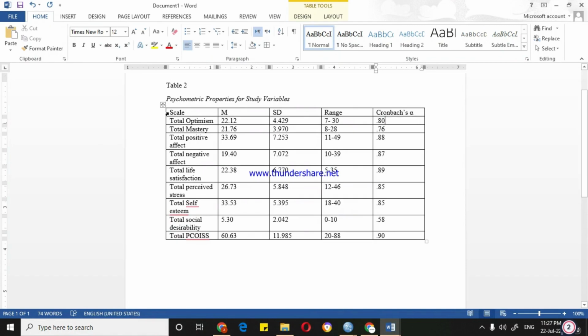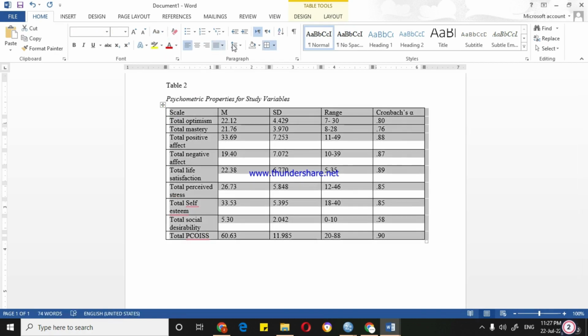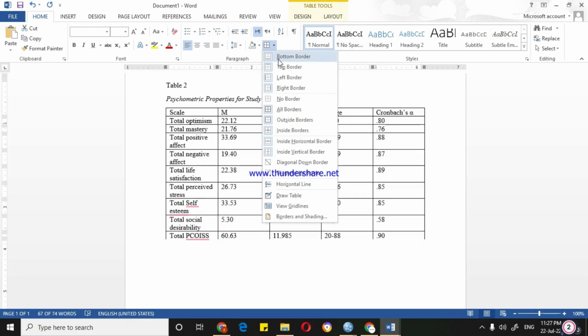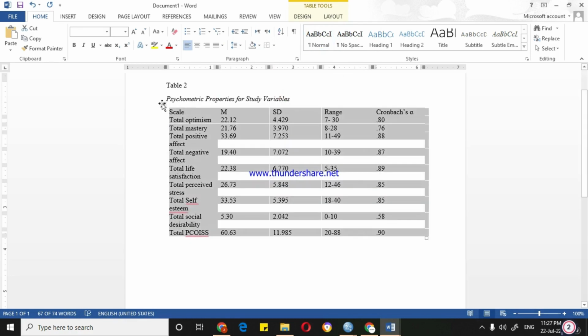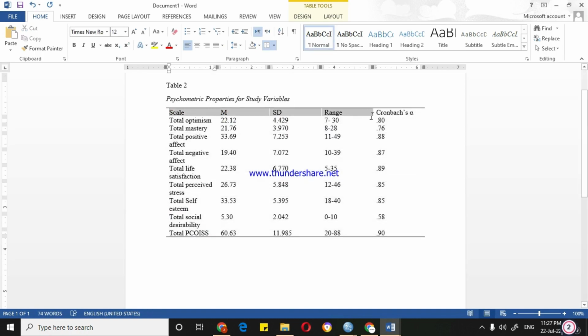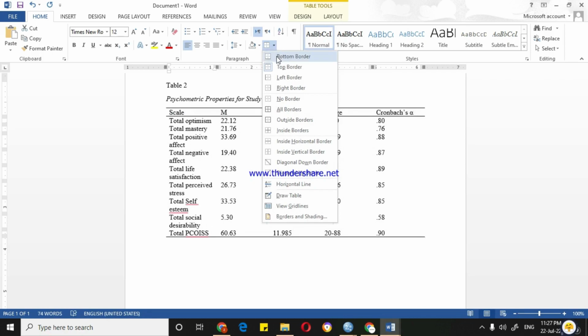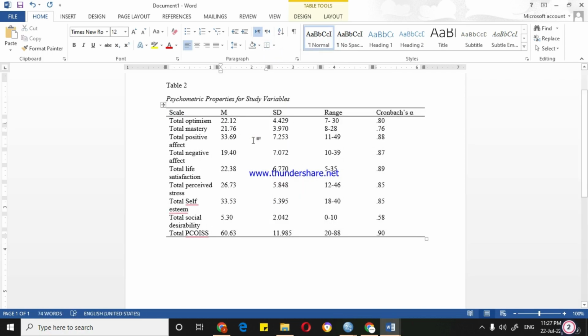Now I just have to format the whole table. I select the first column from total optimism to the end and just sentence case the whole column. Then I select the whole table, go to Borders and select No Borders. Then again select the whole table and add a bottom border and a top border. Select the first row and add a bottom border here too. So this is the basic